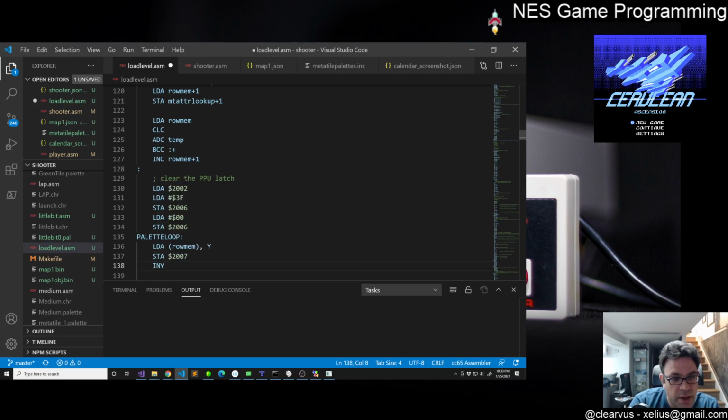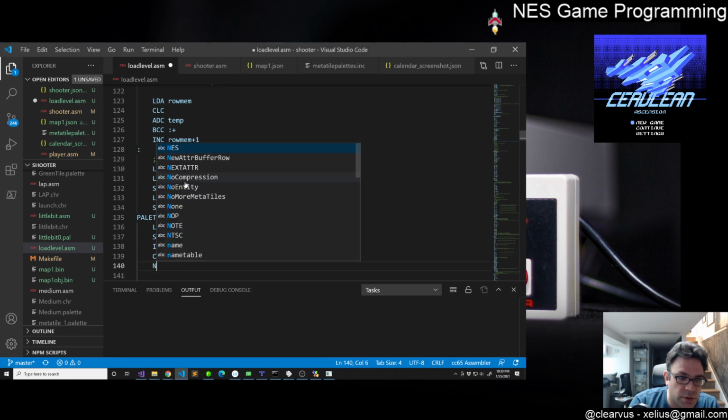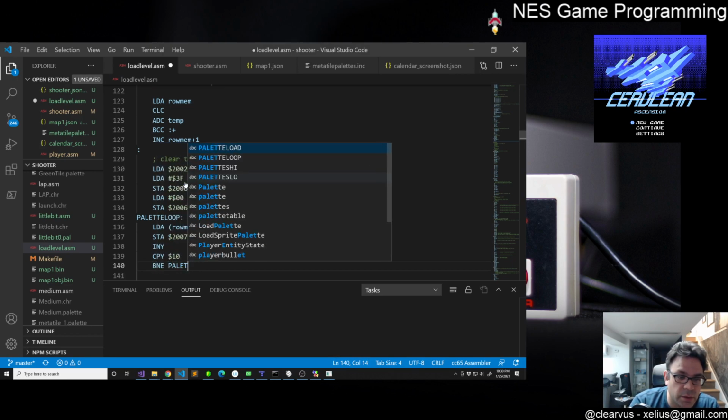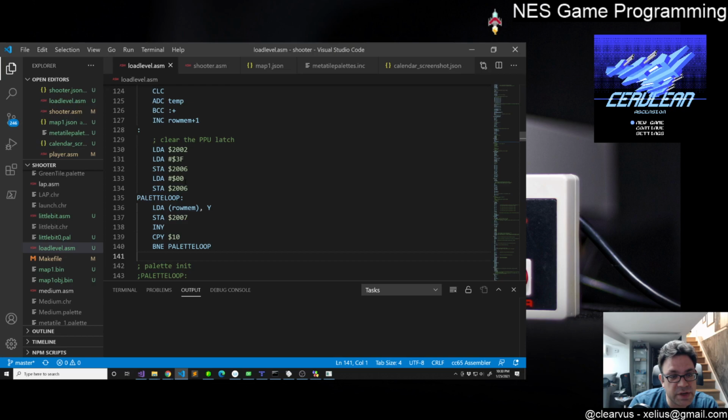We increment Y, compare Y to 16, and branch if not equal to palette loop. So we will stop after we have loaded all 16 palettes into the background memory, and then we should load A with